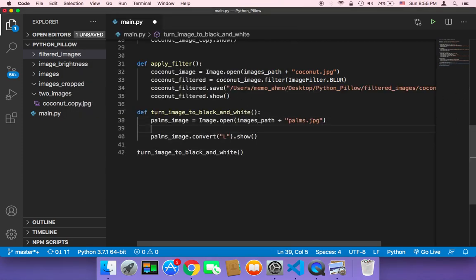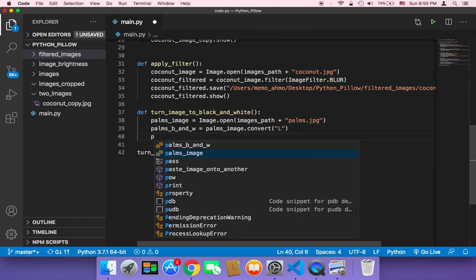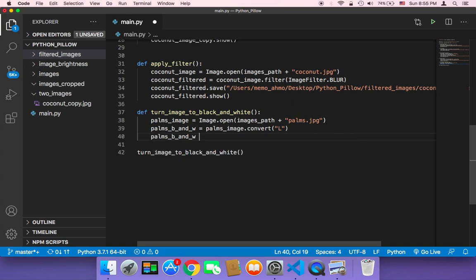And of course, you can save that image. Again, in order to save an image, all you need to do is, after you convert that image, save the converted image in a new variable. Let's say palms underscore black and white, B and W, just for the sake of making the name of the variable as short as possible. And then you can say palms B and W dot save, and then you can save it in